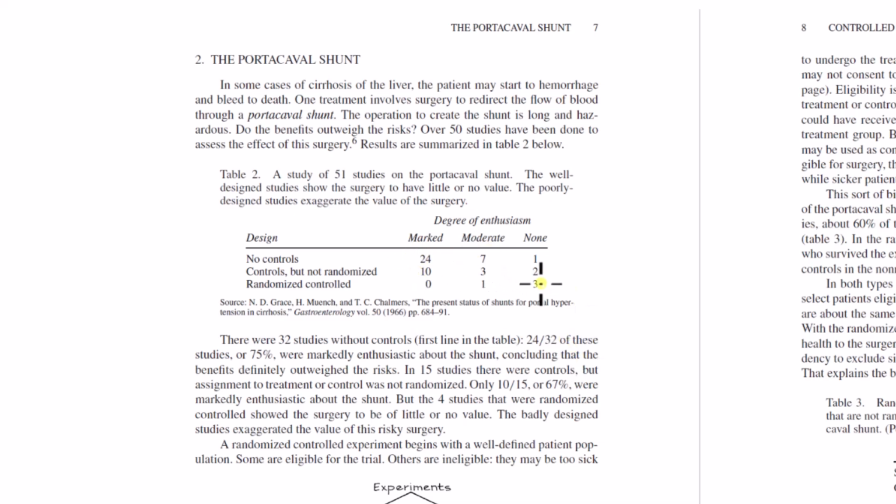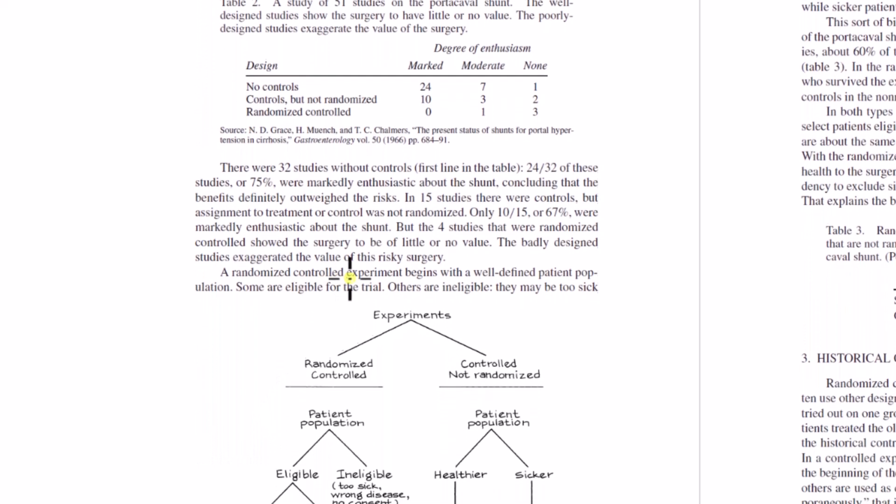But one thing I noticed is that you only have 4 here. You have big sample sizes here, bigger, and only 4 here. So maybe this is just coincidence. Okay, but the book is concluding that these poorly designed experiments had exaggerated degrees of enthusiasm. So it says here, okay, a randomized controlled experiment